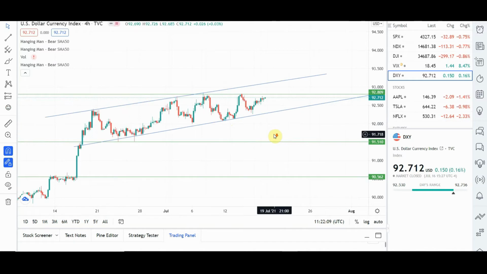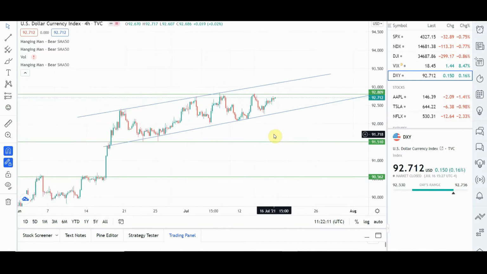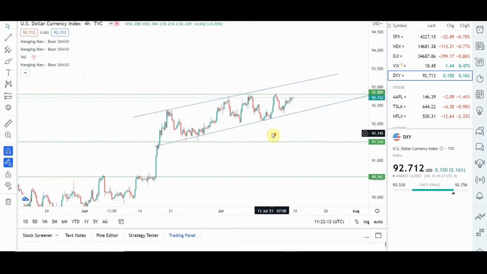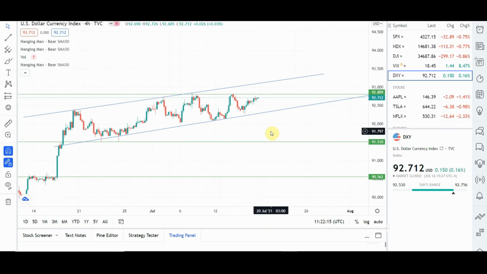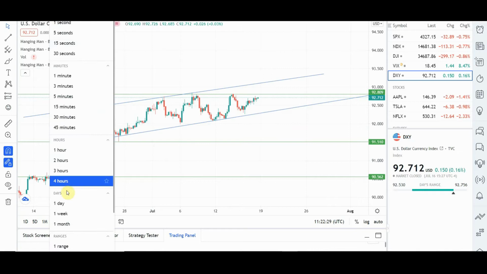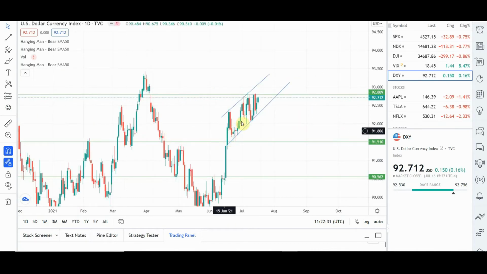So here we start with the US dollar, because all the pairs that we're trading are against the US dollar. This is the DXY, which is also known as the dollar index, on TradingView. Over the past week, this is what we had. This is the data we had on the 4 hour. We're using the 4 hour to analyze here, and we check the daily time frame as well to see what really happened there.